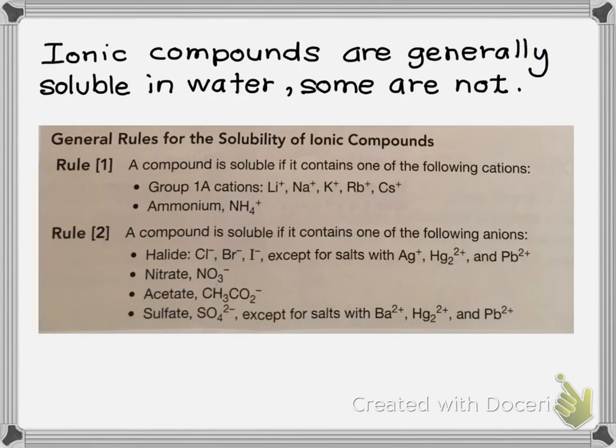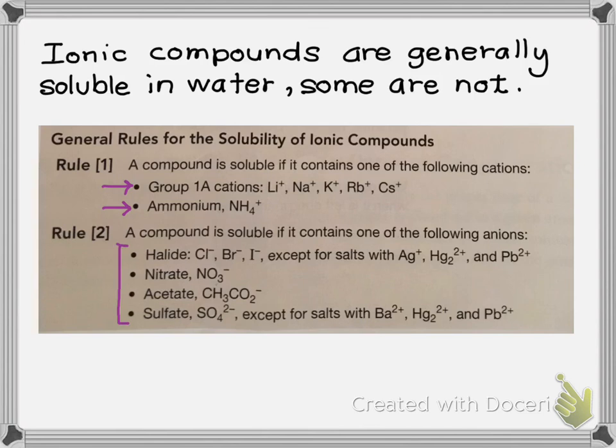Now I mentioned that ionic compounds are generally soluble in water, and there are some that aren't. For this course, you don't need to memorize the rules, but I'd like you to be aware that some things don't dissolve. But in general, you can see here there are certain ions, group 1A cations and the ammonium ion. They are always soluble in water. And then if you look at the anions,